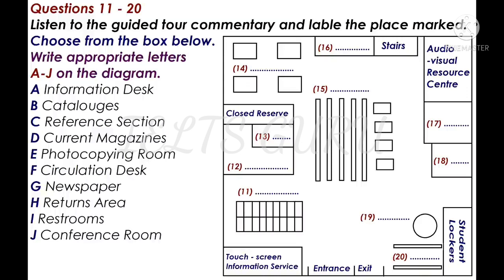Closed reserve, as most of you probably know, is a collection of books that are in high demand, so they are on restricted circulation. If a book is on closed reserve, you can only borrow it to use within the library for 3 hours at a time. Over there in the corner are the shelves for newspapers. The library has an extensive collection of local and international English language newspapers.